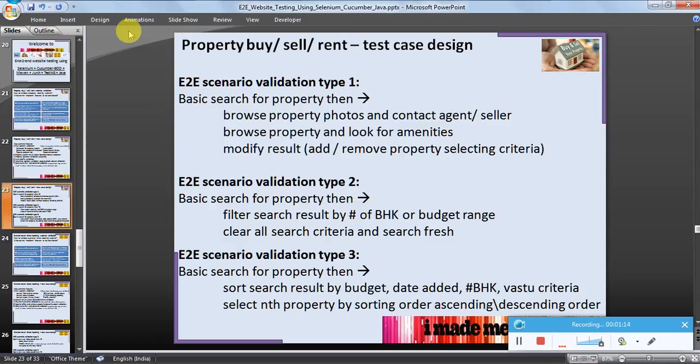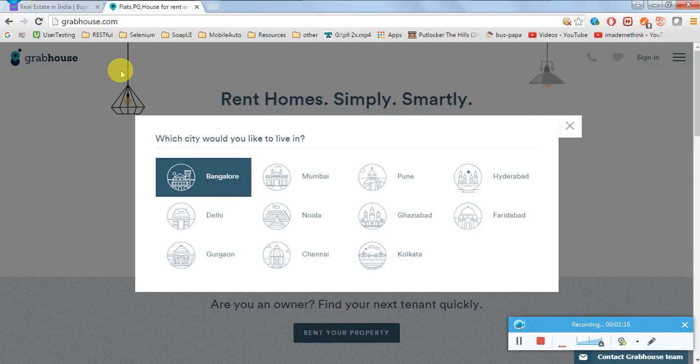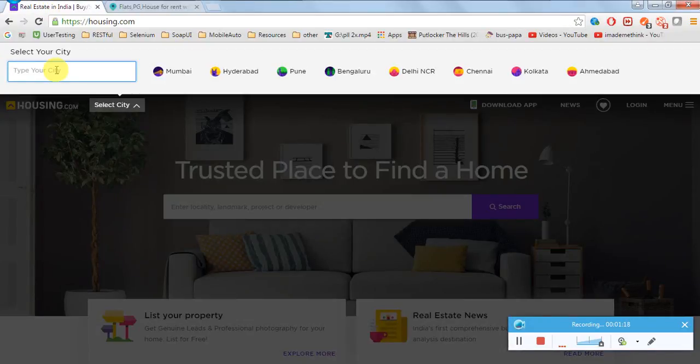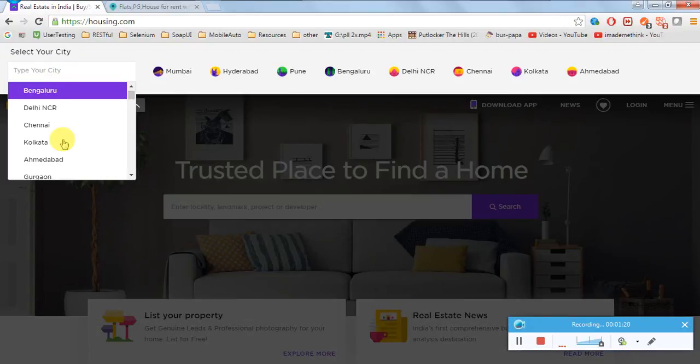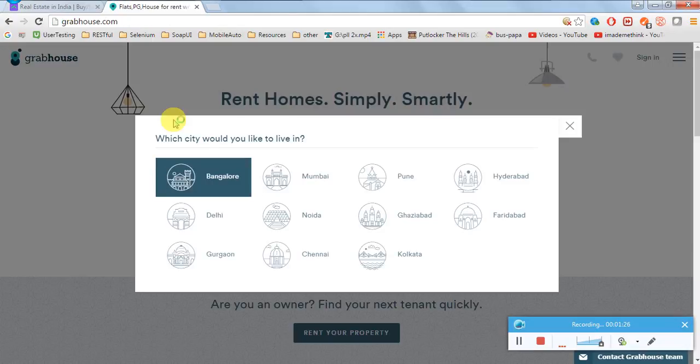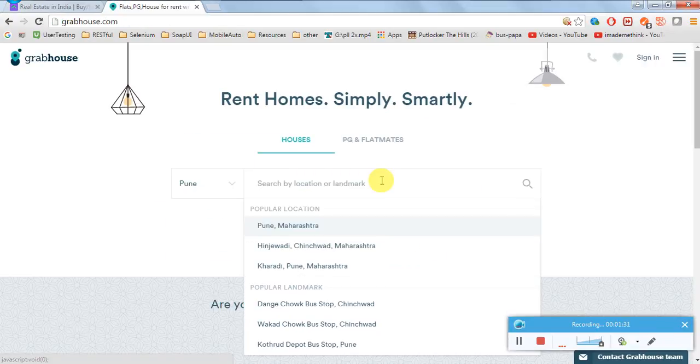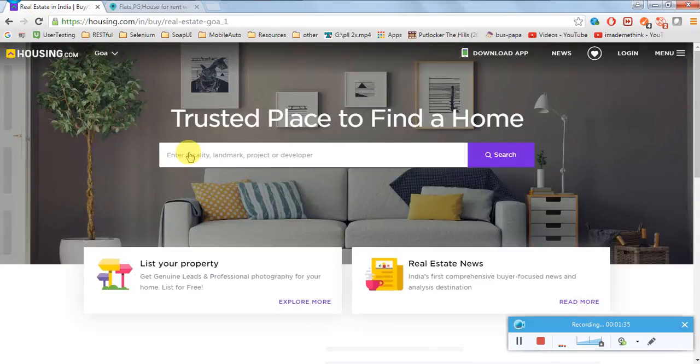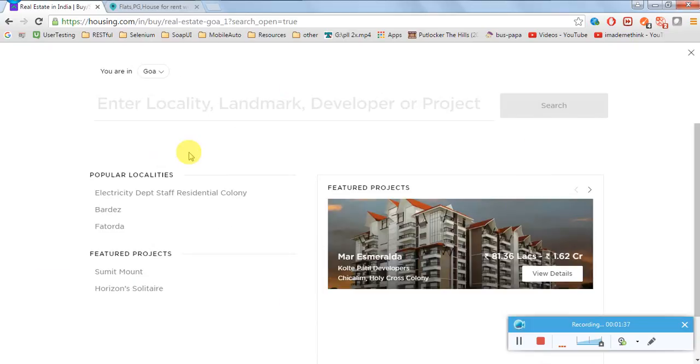So let's see the actual example. Let's say I have opened this website, and the first thing I have to do is choose a city. So let's choose some city, for example Goa, and here also let's choose some example, for example Pune. So the first step is the user does a search, and